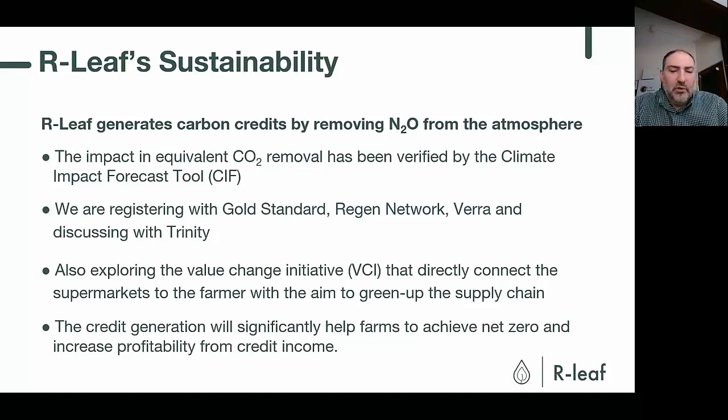There's another aspect where farms, although they are not expected to be carbon neutral before they claim carbon credits, it's not policy, but it is expected by the industry. So again, R-leaf is another opportunity to provide that high number so that a farm becomes net zero, and that is also important from a supply chain point of view as well.